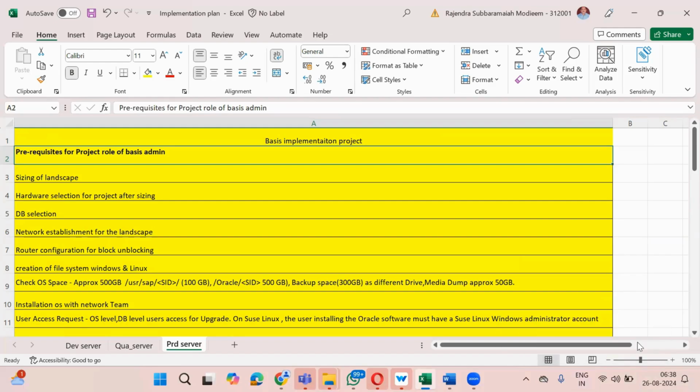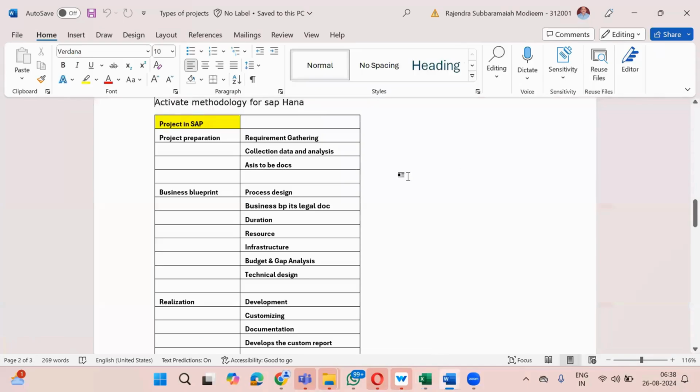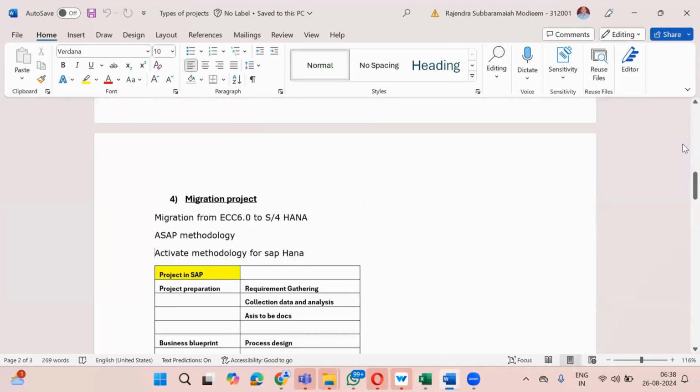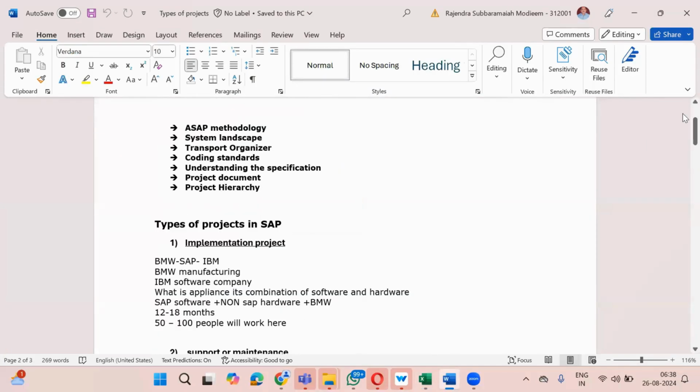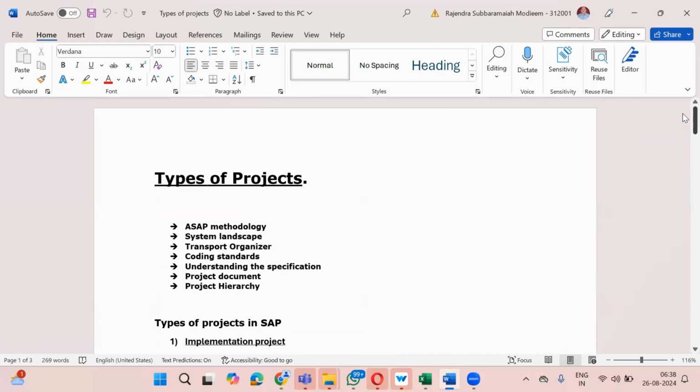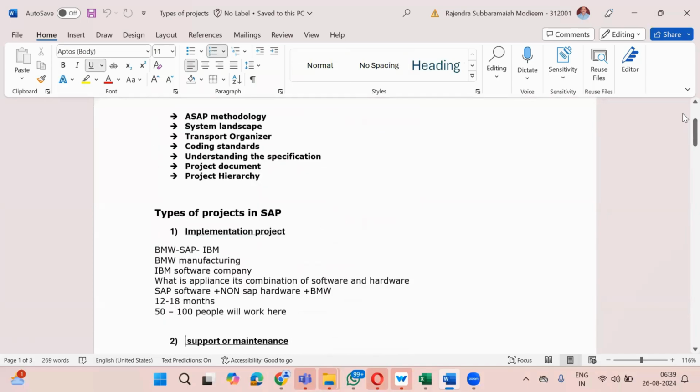I have one more page to show you for the implementation. Sometimes this is also real-time landscaping. Didn't get you, come again, sir. When you do the real-time landscaping for a new implementation, at that time you require this kind of thing, right? Yeah, exactly. Implementation means